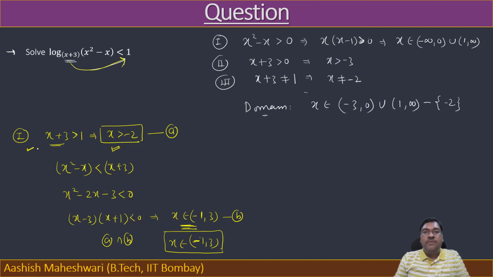I am just solving this for the solution of the inequality. In the last step we will take the intersection with the domain. So now this is the first case we have taken. Now the second case,